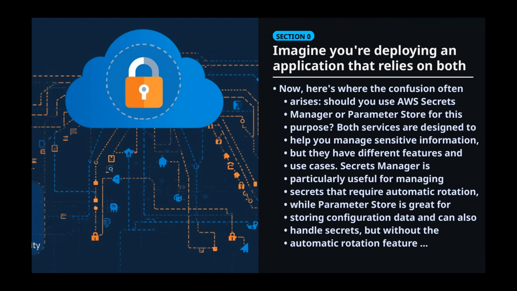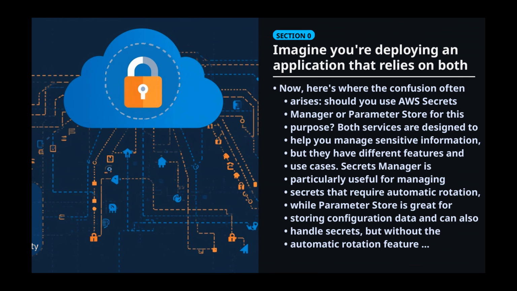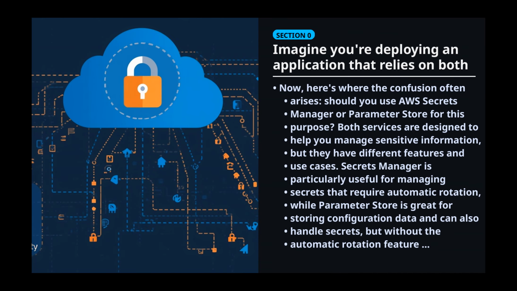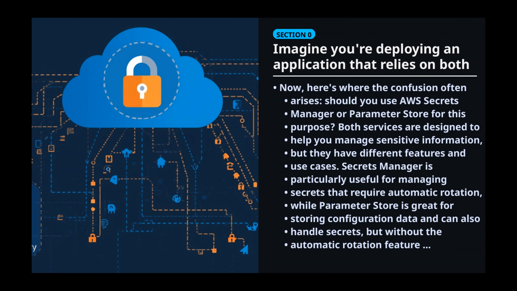Secrets Manager is particularly useful for managing secrets that require automatic rotation, while Parameter Store is great for storing configuration data and can also handle secrets, but without the automatic rotation feature. Think of it like choosing between a safe that automatically changes its combination regularly and a regular safe where you have to remember the combination yourself. In summary, when deciding between Secrets Manager and Parameter Store, consider your specific needs for security and management of sensitive